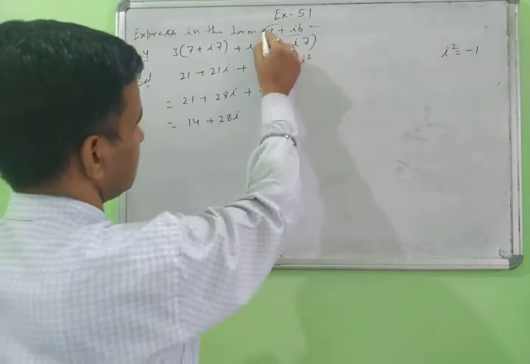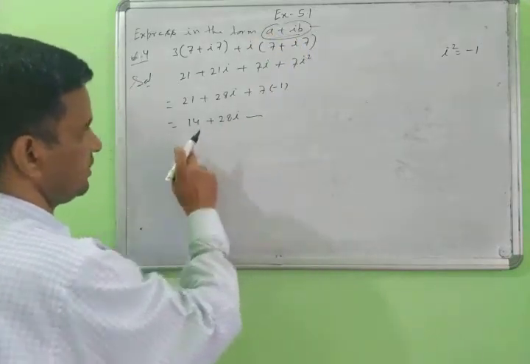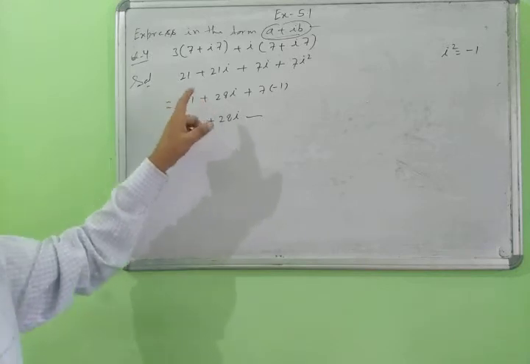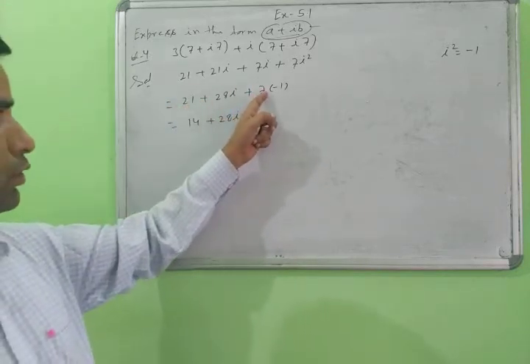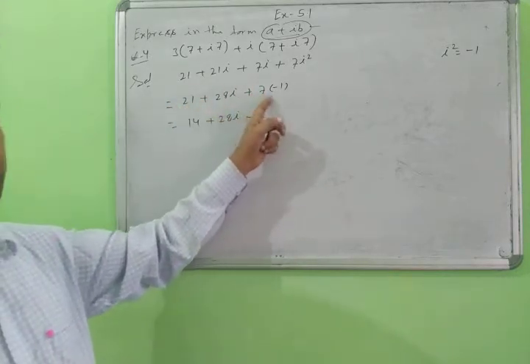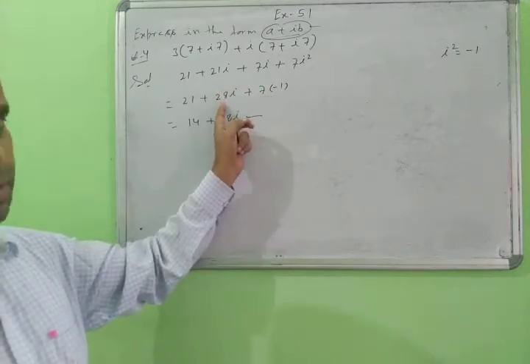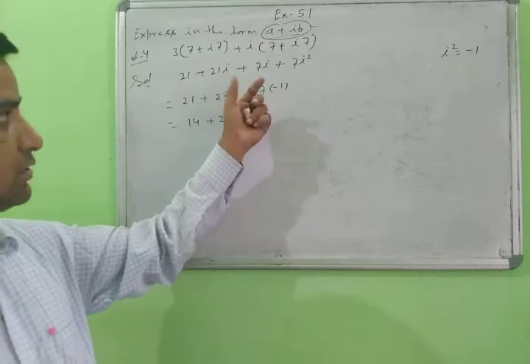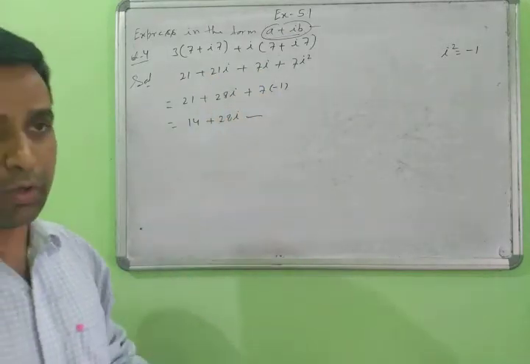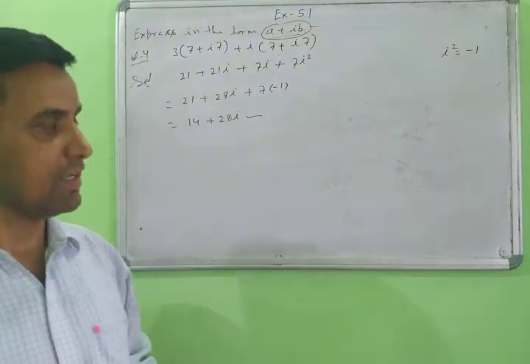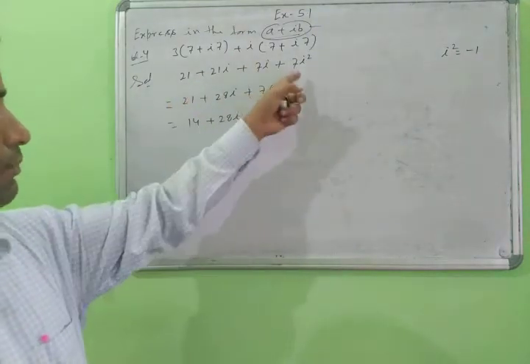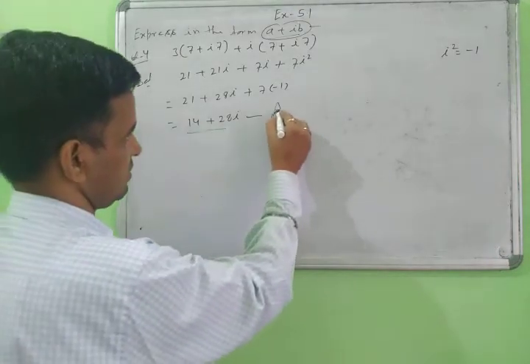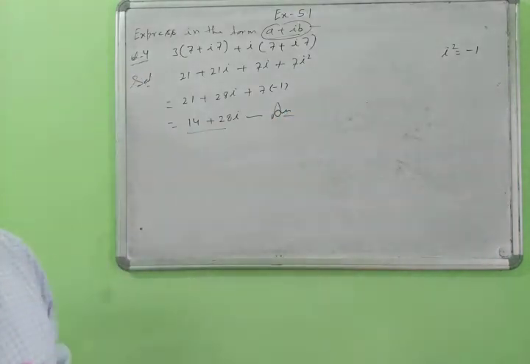This is already in the form given here. This is the real part and this is the imaginary part. You can add real number to real number, and subtract real number from real number. Same thing, imaginary number to imaginary number you can add and subtract. You will remember these things. You will add or subtract anything in this form: real number to real number or imaginary number to imaginary number will operate. Yes, this is your answer. Very simple things here. Just note it down.